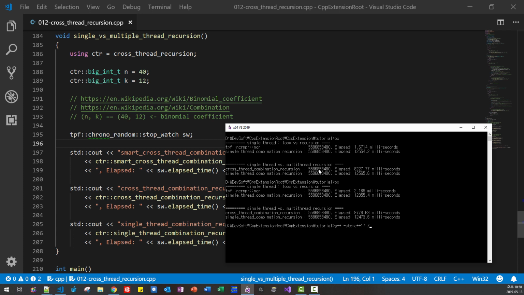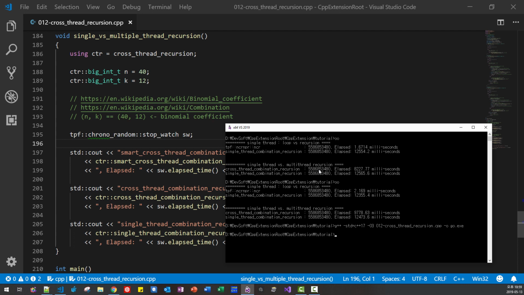We will give optimization switch O3, then O/G, cross thread recursion CPP, output G.exe. Hit enter. We are using the GNU compiler.